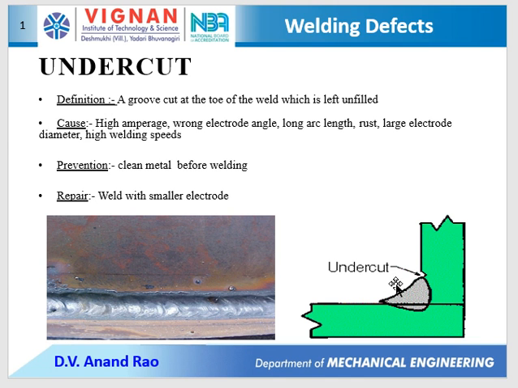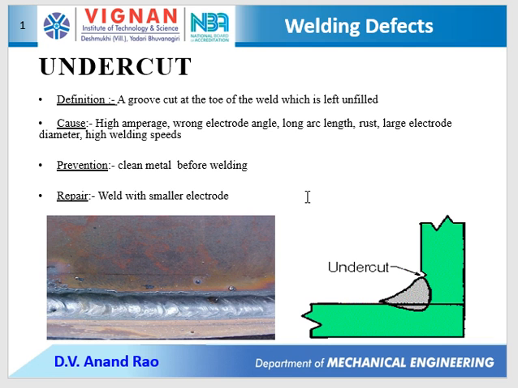Next defect is undercut. Undercut is a groove cut at the toe of the weld which is left unfilled. This is caused due to high current supply, wrong electrode angle, long arc length between electrode and workpiece, rust formed on the workpieces, large electrode diameter and high welding speeds. We can prevent this by using clean metal before the welding process. That means we have to clean the surfaces of the workpiece. By doing that, we can avoid the